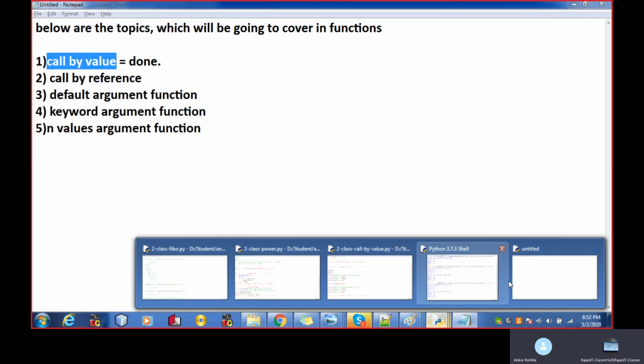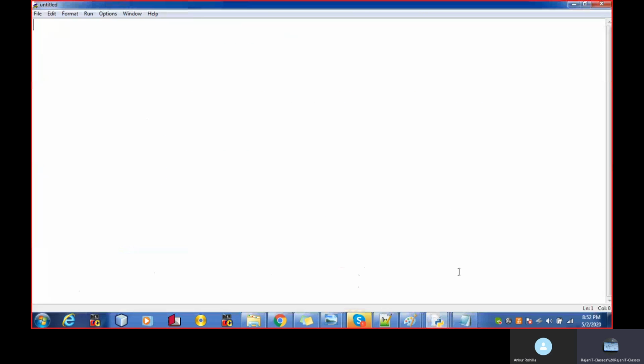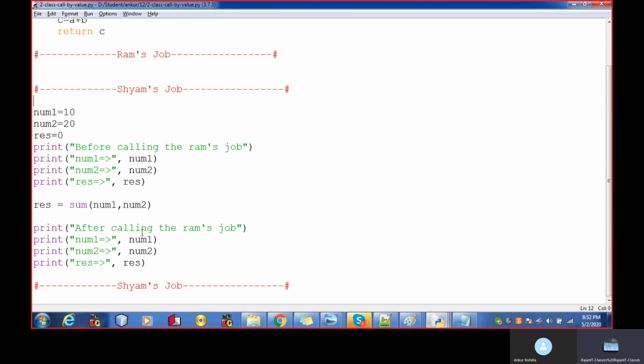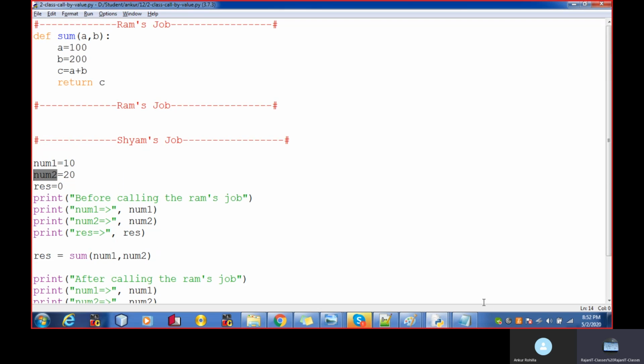If you see this program, this num1 is a normal variable, and a normal variable uses call by value. But your array variable uses call by reference.